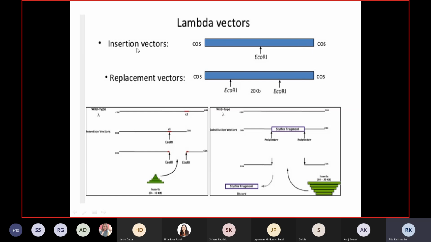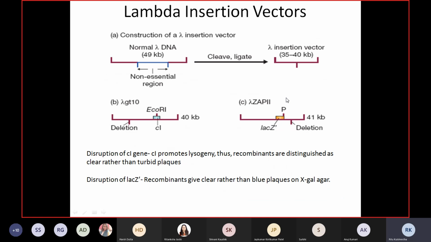Then they realized that 10 kb is just similar to the plasmid vectors, so is there a special use of these vectors? Is there a possibility to increase the cloning capacity of these lambda vectors? Then they came up with the idea of replacement vectors. But let me first go through one slide on lambda insertion vectors, in which the non-essential region has been removed, and